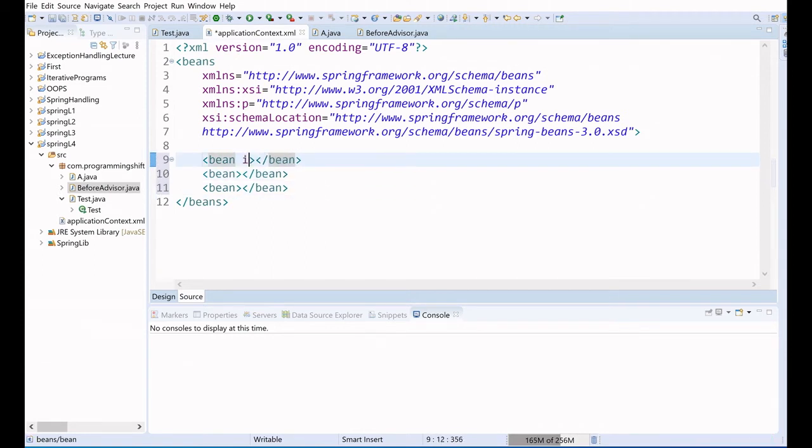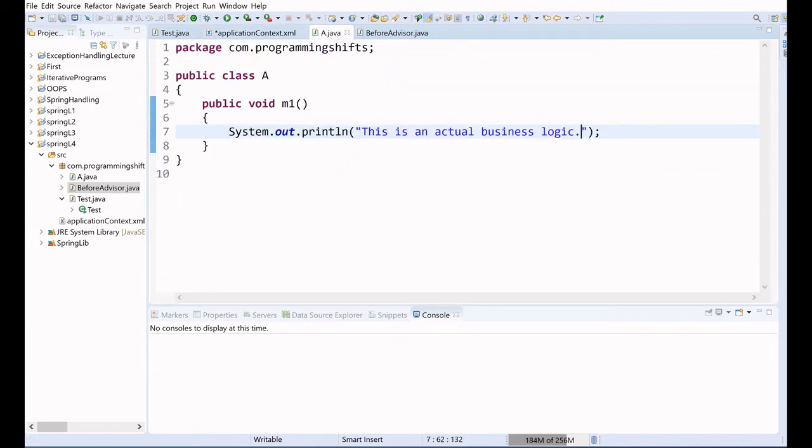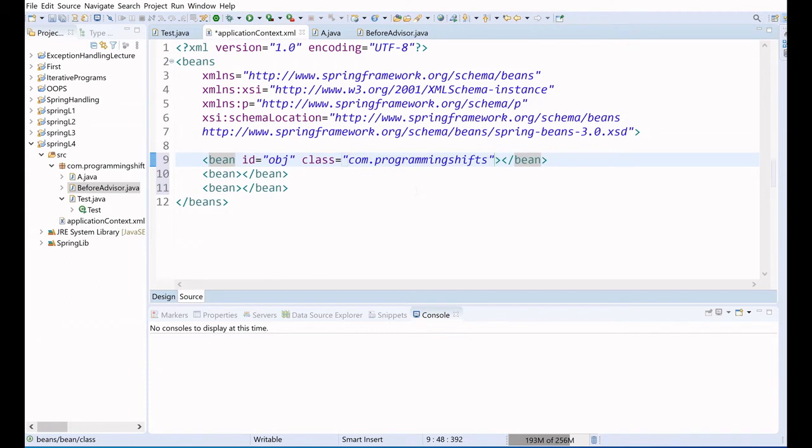So we are going to write the first id as obj. You can give any name as per your understanding, and the class belongs to a package, so we write the package and then the class, class A. Now we have to repeat the same thing in the other two.